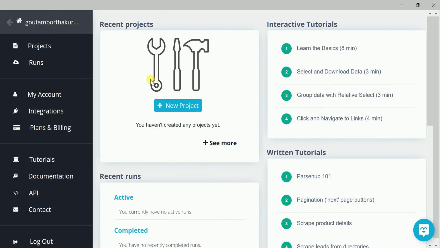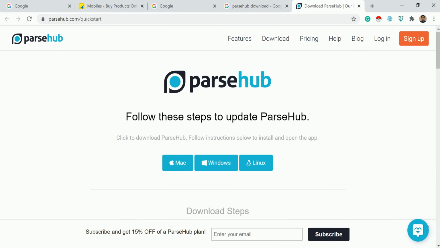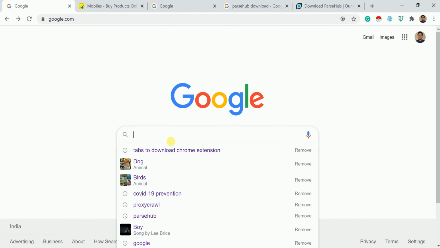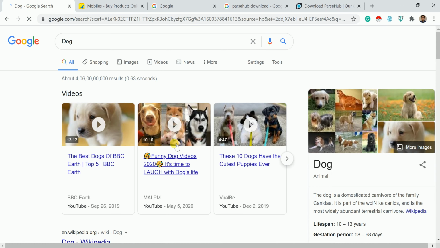You can open the ParseHub application like this, and you need to click on new project to start. Here you need to mention the URL from where you want to extract. Let's take, we'll extract images of dogs from Google.